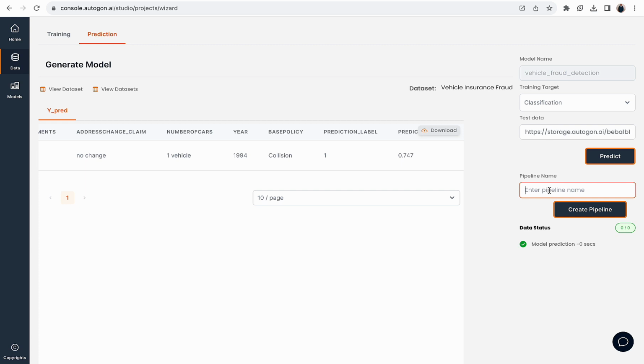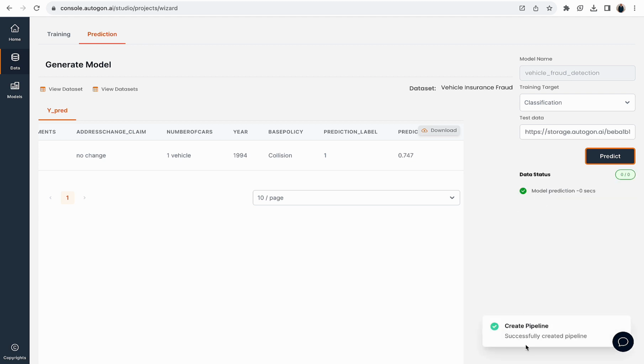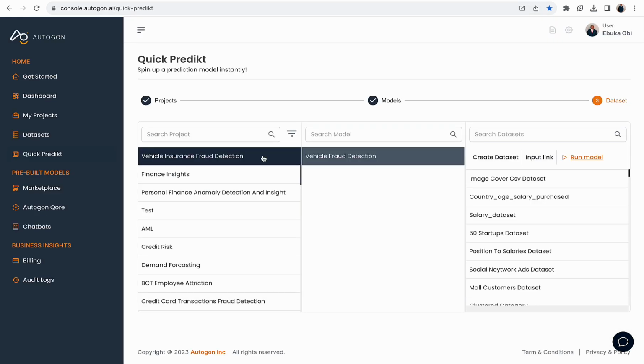Good. So to create our pipeline, we just simply enter vehicle underscore fraud underscore pipeline. You can enter any name. I just like to keep different tags together so I don't forget. And good, we have a pipeline already created. So let's test out our pipeline. We'll test out our pipeline first on Autogon Quick Predict,